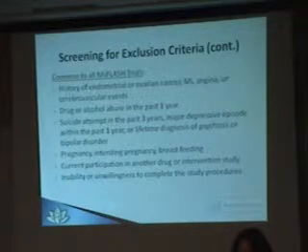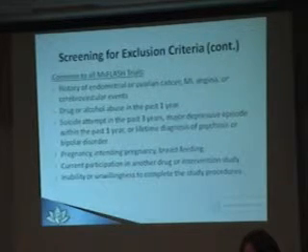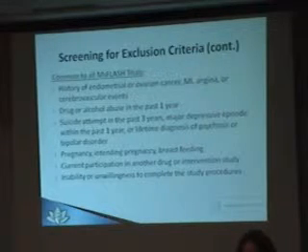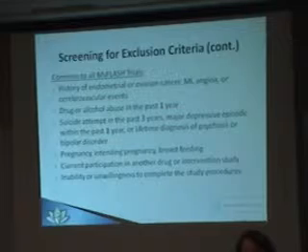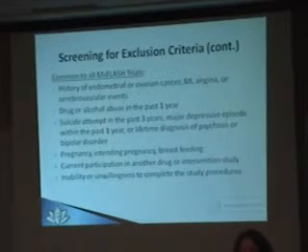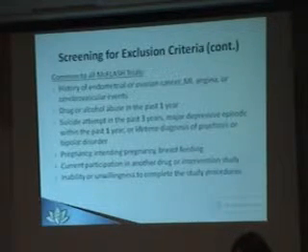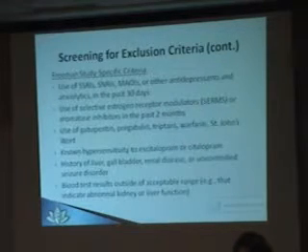And so, like I said, some of these things are going to rule out a woman permanently, but some of them may just be temporary, and you're certainly welcome to track those women. It depends on how your recruitment efforts are going. If you find it's easy to find women and easy to recruit women, you don't have to worry about this so much, but if you're really having a hard time getting those numbers, you're going to want to keep track of these women who may be eligible at a later point and put them in a file and recontact them in 3 or 4 weeks or whatever it is,